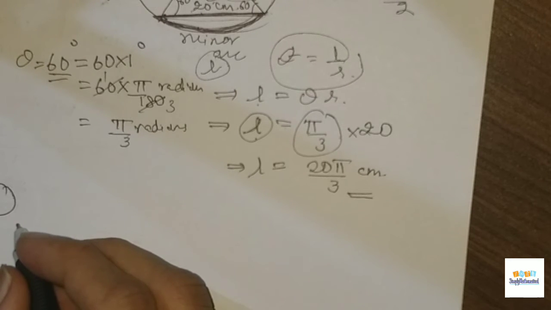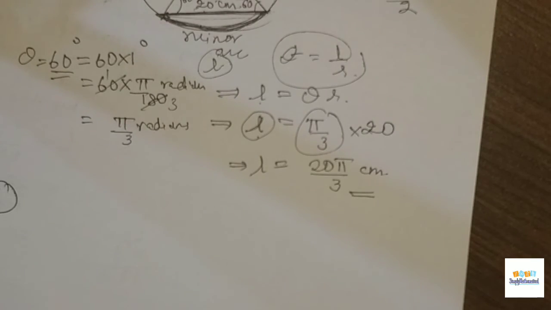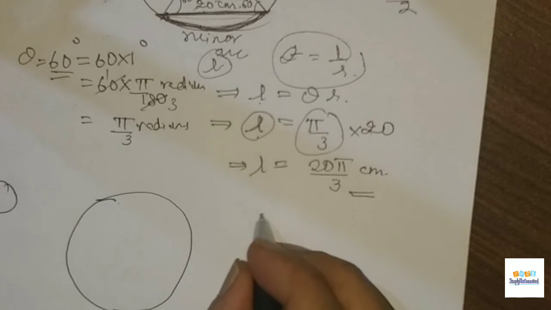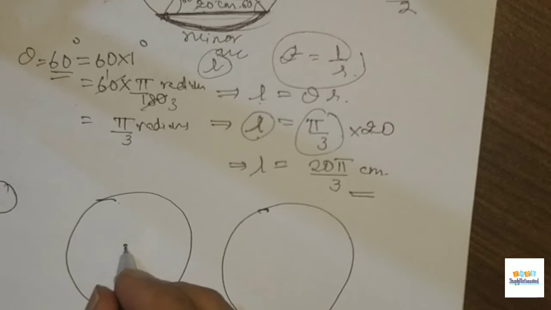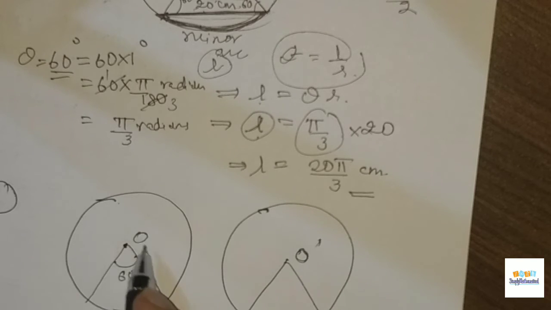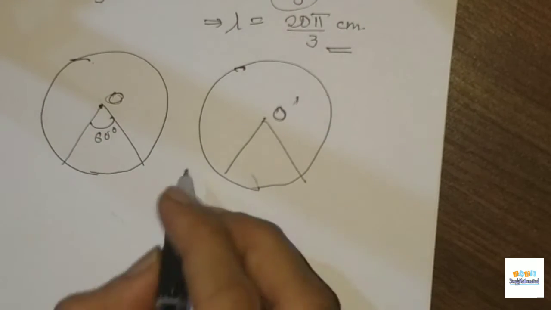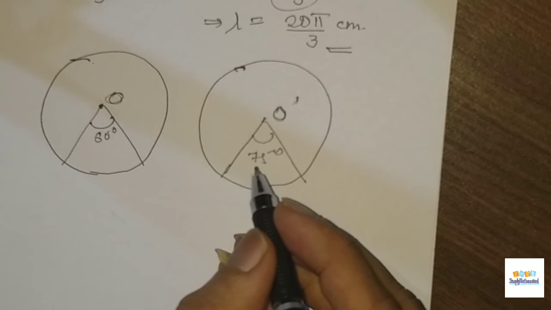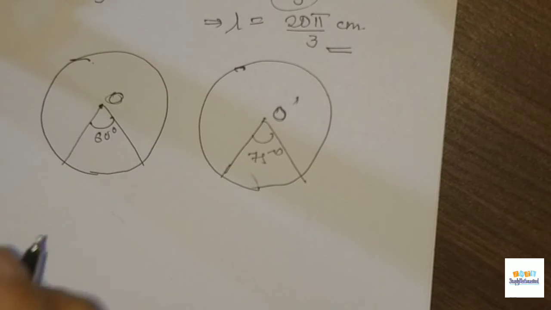What you are given is that the arc subtends angles of 60 degrees and 75 degrees in two separate circles, two different circles. So you have the diagram this way. One circle has an arc which subtends an angle of 60 degrees, and the other circle, let us call its center O prime, here it is O, has an arc where the angle subtended is 75 degrees. So that is what is given. Now they are asking for the ratio of the radii.